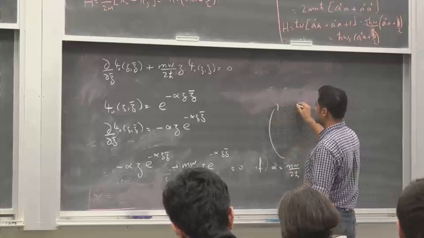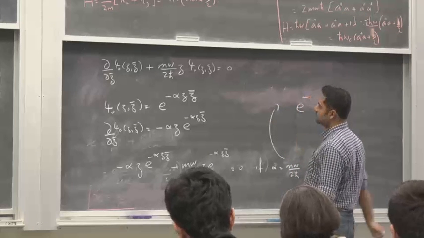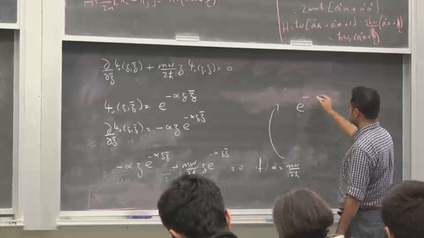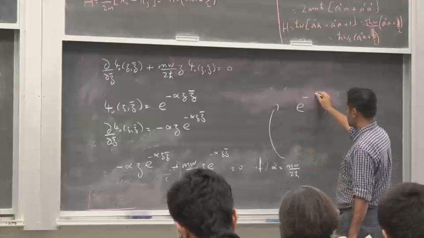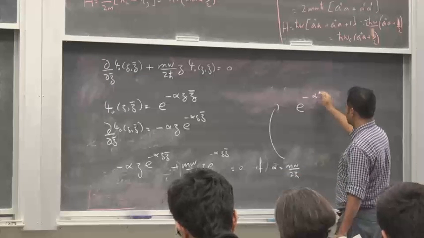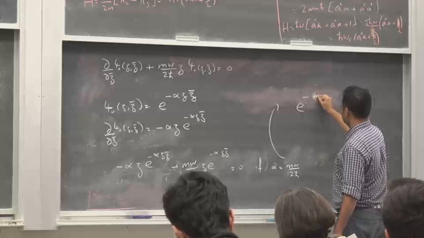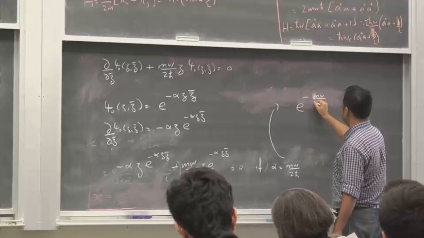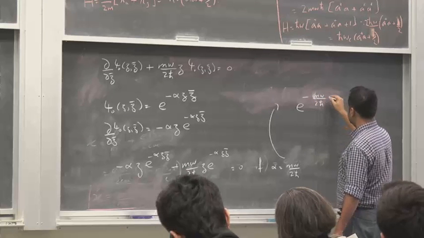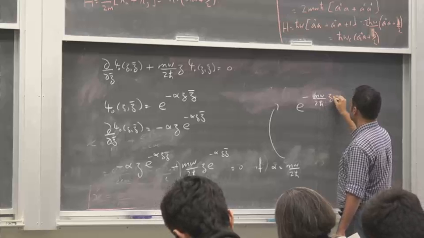So that means my wave function is, this is the ground state. z z bar